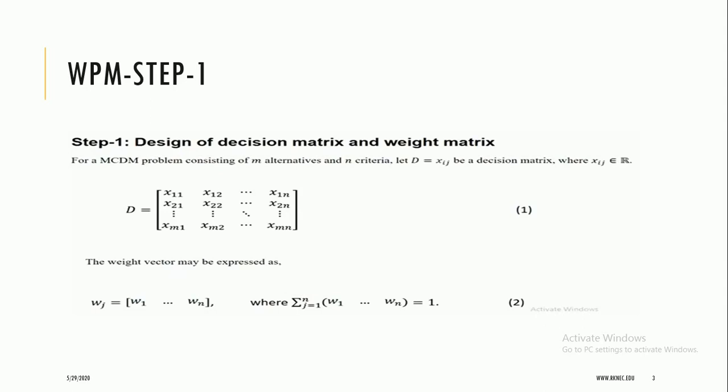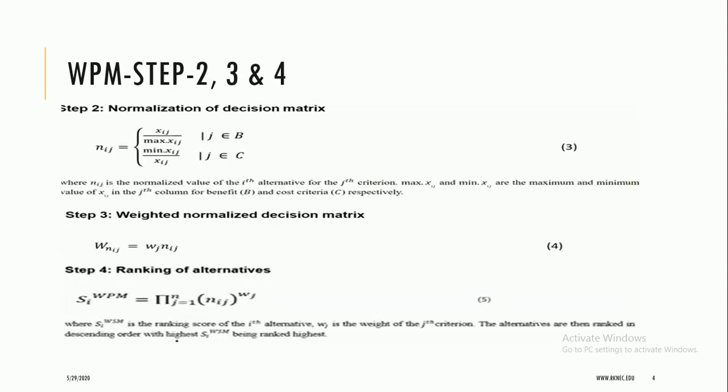Again, the weight assignment goes with the group of people who could decide it, or who could mutually agree that a particular criterion must be weighted higher compared to the other criteria. So the weight values will be different, but here we are using the equal weight distribution policy, so every criterion will have equal weight. Normalization, since the simplest way, if we have the benefit criteria and if we have the cost criteria.